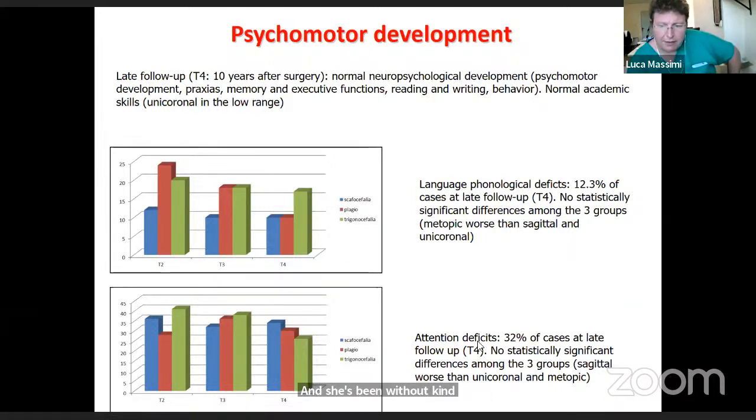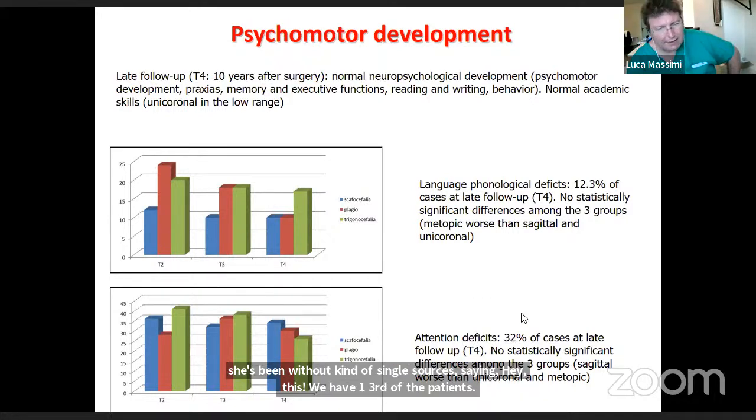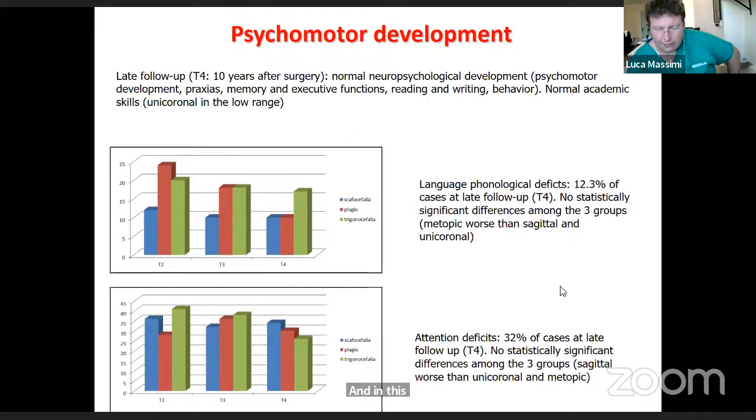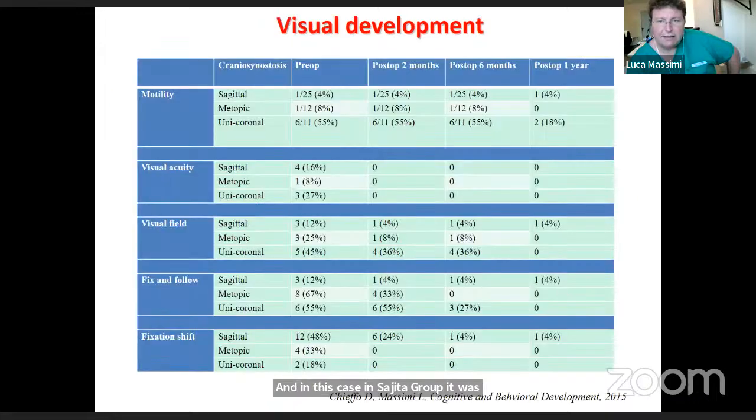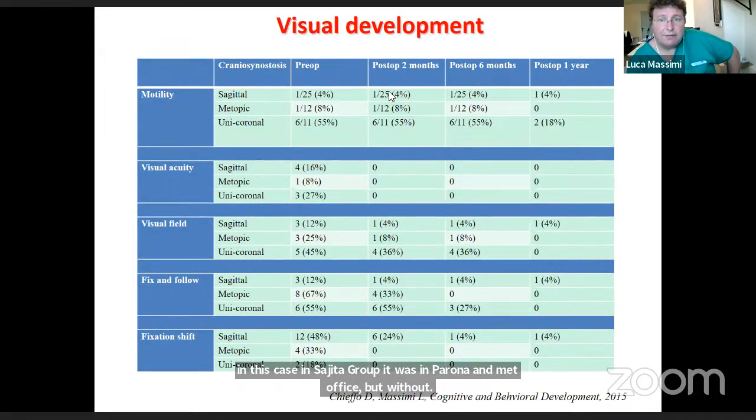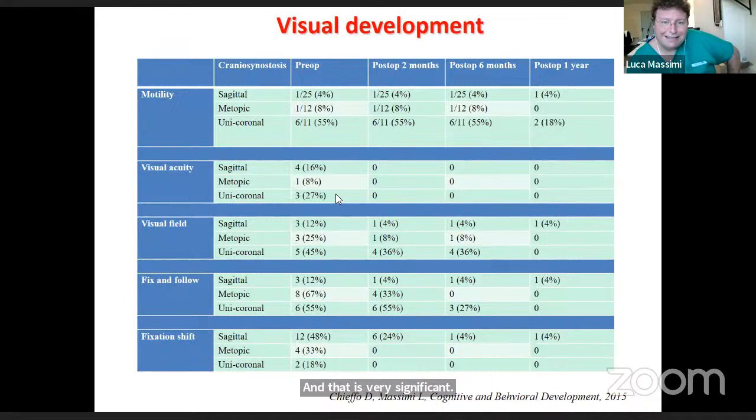We have 1/3 of the patients with some degree of attention deficit. That is a problem quite diffused today. And in this case, the sagittal group did worse than the unicoronal and metopic, but without statistically significant differences. The visual development in the children who were affected by a pre-op deficit, we can